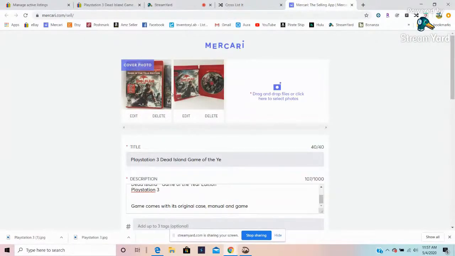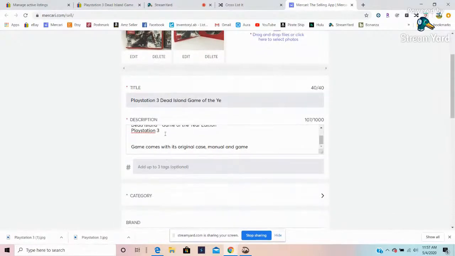I've done that before, and then I have to delete them all and relist them. So I always remember to add the first one, and then I'll pull in the other ones. The title on Mercari is shorter than eBay, so it truncates this, and I usually have to go in and change what I'm saying.